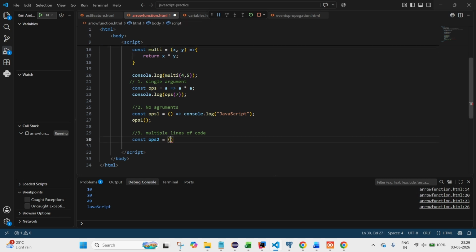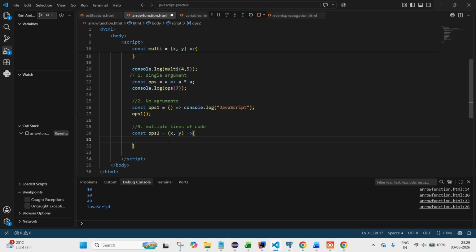So here I am passing x comma y, and I have to write multiple lines of code. So I will do console dot log, and add x plus y,